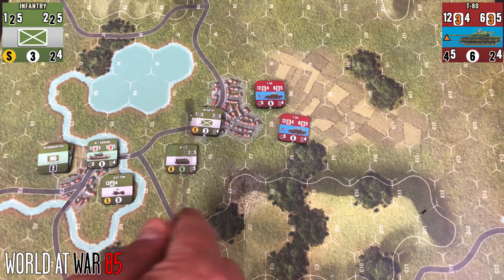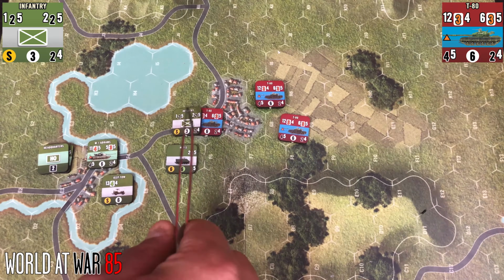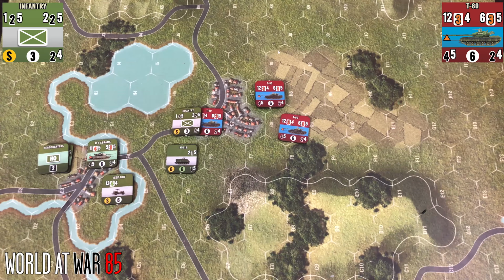So when it comes to the assault itself, it's going to be resolved simultaneously. So let's say our infantry are assaulting into this T80. They will adjust for any potential modifiers. They'll both roll, the attacker will roll, the defender will roll. And the difference when it comes to assault is there is no defensive roll for terrain, for armor, for concealment. None of that applies. You are purely calculating the number of hits